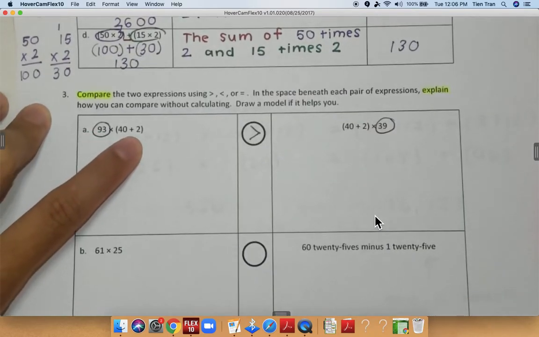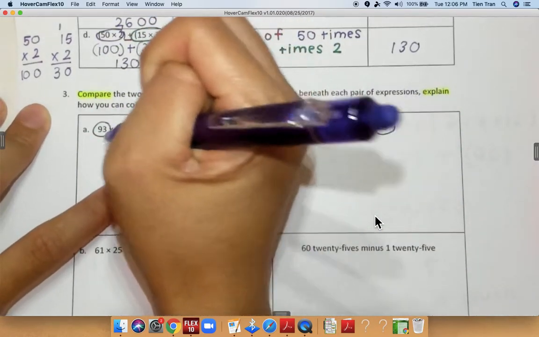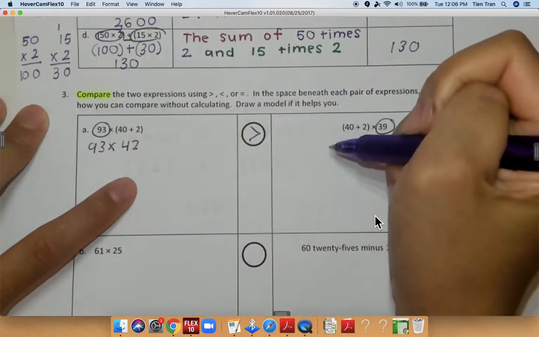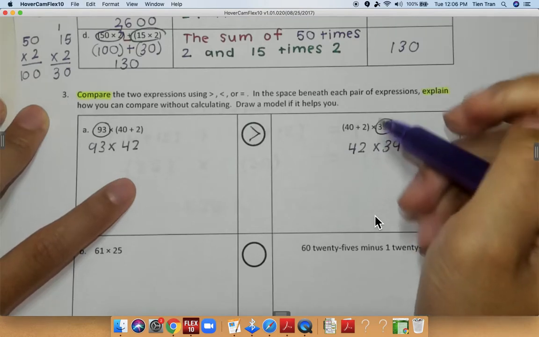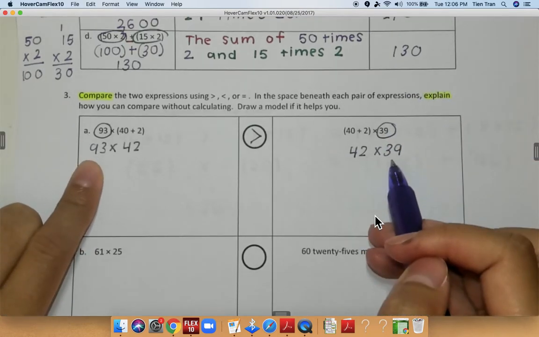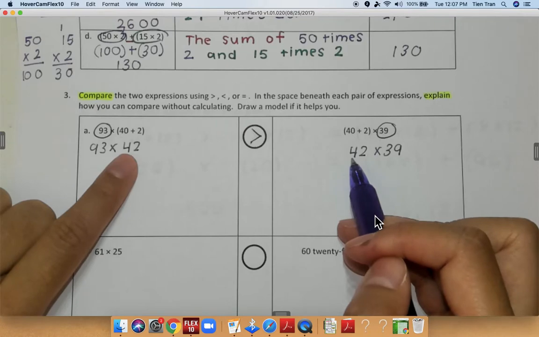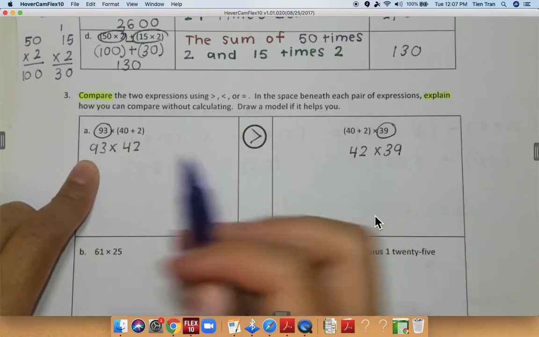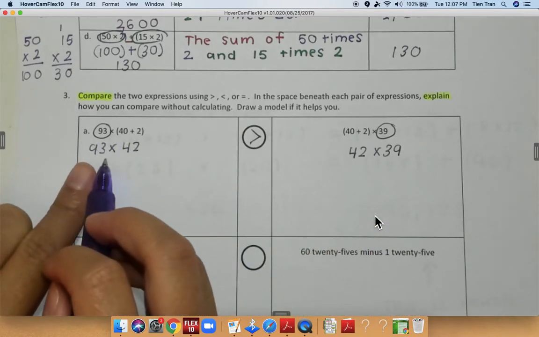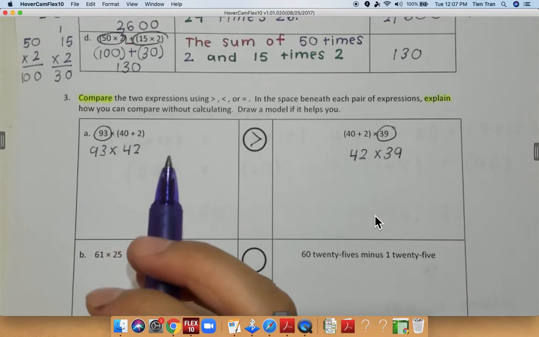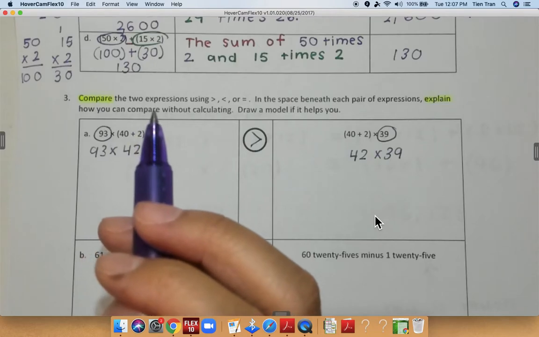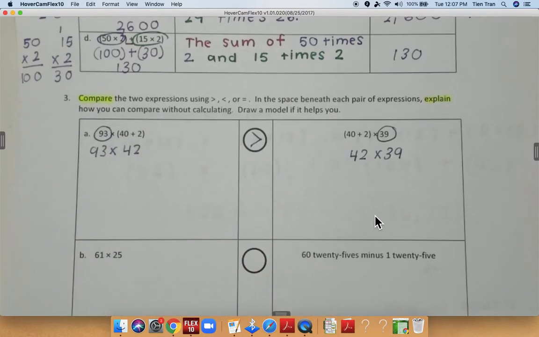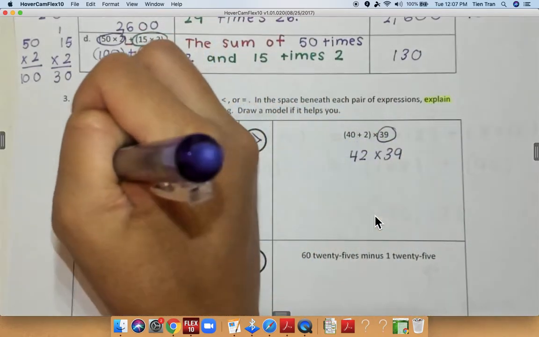I don't even have to solve for this because I know that 93 times 42 or 42 times 39. I know that 39 is smaller than 93 and 42 is the same. So 93 in this case is bigger. Whatever I multiply 93 times 42 is going to give me a larger number. So I'm going to tell you that when I multiply 93 times 42, I'm going to get my answer of